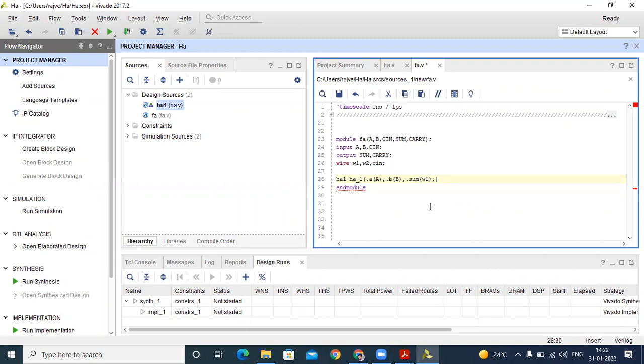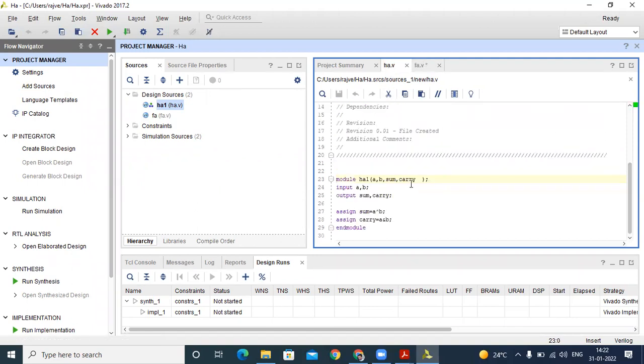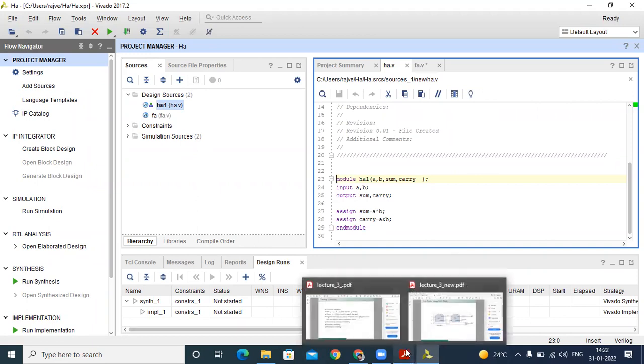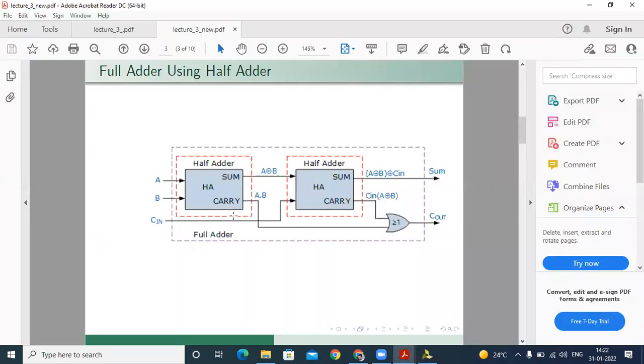After that, semicolon, dot. After that, we focus on carry. In the half adder, after sum, then carry. Carry is connected to which wire? You can see in our top module structure. This one is W1, this one is W2. So the half adder carry port is connected to our W2 pin.